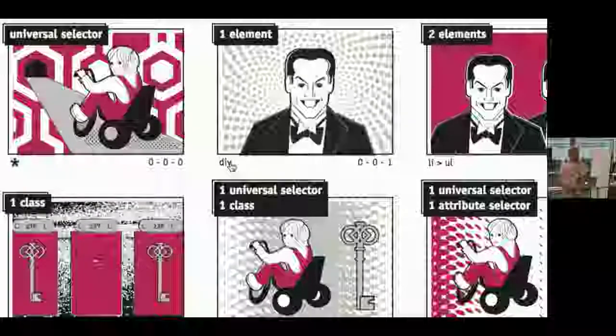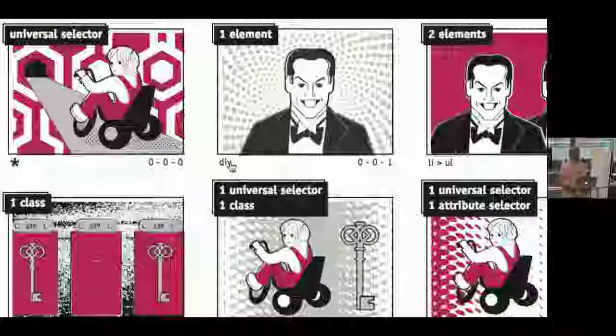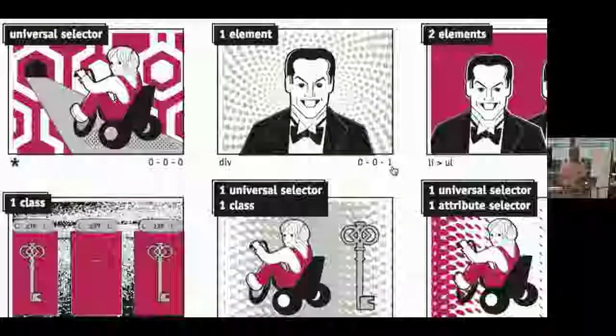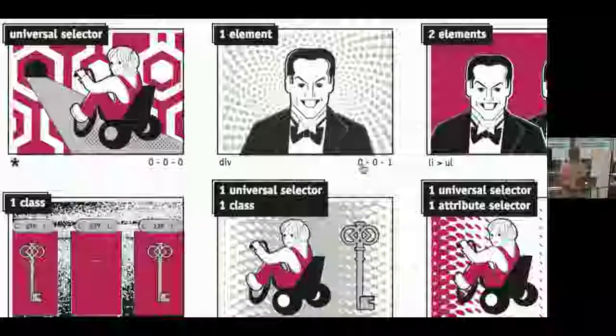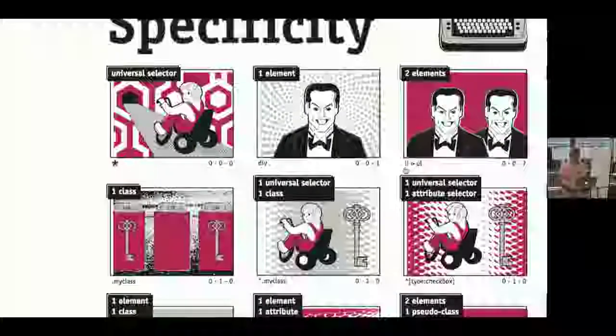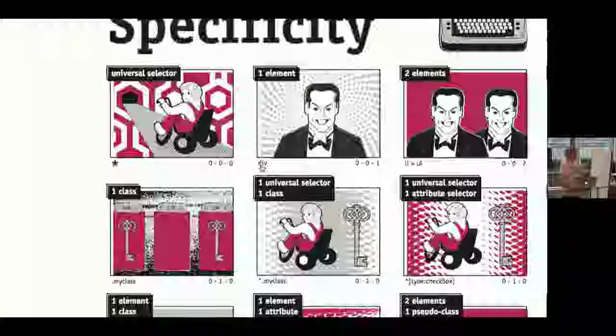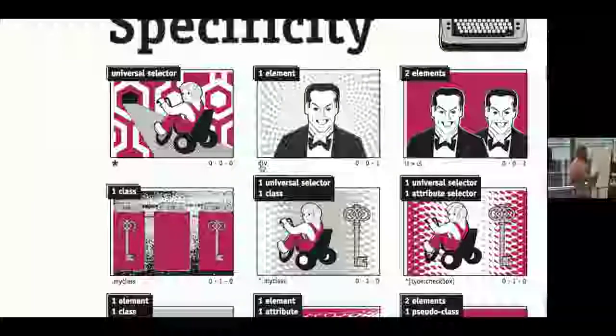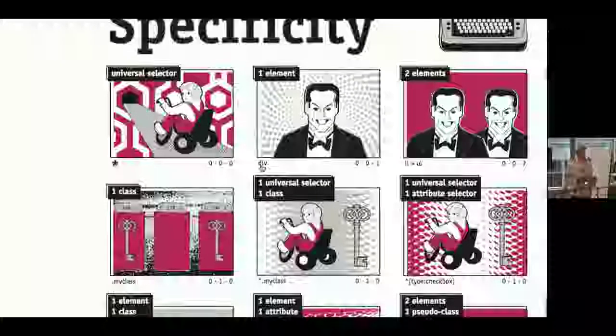But a div is a little more specific, right? We're only targeting a certain type of tag. And so in that case, its specificity is going to be 1 here. Okay, and I'm going to talk to you about these positions and stuff. But we'll also see here that if I use an li that has a direct ul descendant, that has a specificity of 2. So the difference, if I had li or ul here, it would have a specificity of 1. And if I have li greater than ul, it has a specificity of 2. The second one is more specific, so the property would be applied on that one instead.